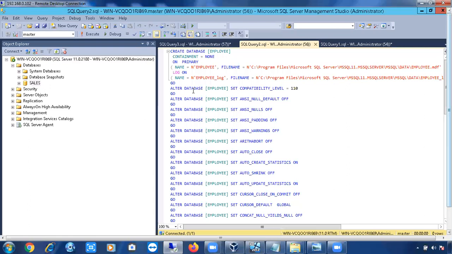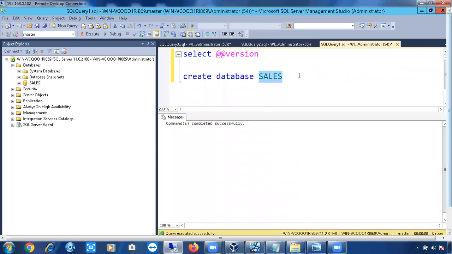But how I created the database: remember one thing, whenever you run any query, the SQL Server database engine will provide some default options. Don't think only this query ran on your SQL Server. SQL Server added some parameters to this query and ran it, so that the sales database was created.